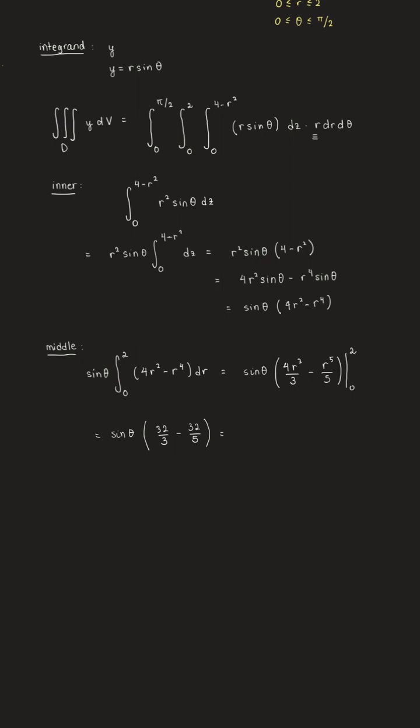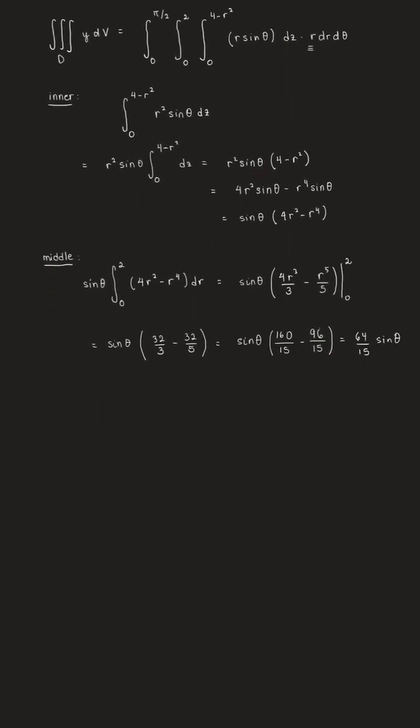So let me combine those constants. So we have a sine theta, and we have a common denominator of 15. So 5 times 32 is 160. And if my common denominator is 15 here, 3 times 32 is 96. And we're left here with 64 fifteenths sine theta. All right, let's work on our outermost integral,